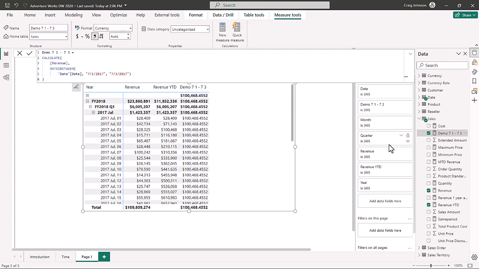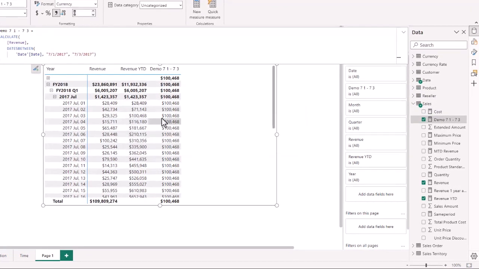And when we bring in the revenue and format it to 0, we have on all context, it's going to be 100,468 because that's the calculate. But when you look on July 3rd, that's 100,468. So the dates between allows you to pick any specified date and use an existing expression, whether you want